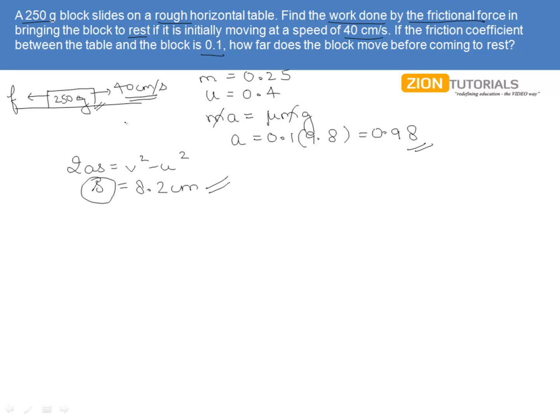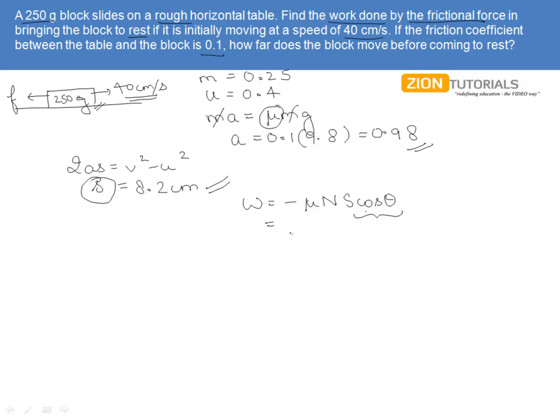So it is very easy for us now to calculate the work done, because the force is the frictional force whose magnitude we can easily calculate if we have the mu over here and the mg as we know. So work done equals minus, because the force and the motion are opposite, mu N, which is the normal reaction, times s and cos theta. Now friends, this time we will have to take cos theta equals 1. In case you don't consider this minus sign, then cos theta will automatically become minus 1 because of 180 degrees. Now you will have to take it as 0 degrees because you took the minus sign, right?